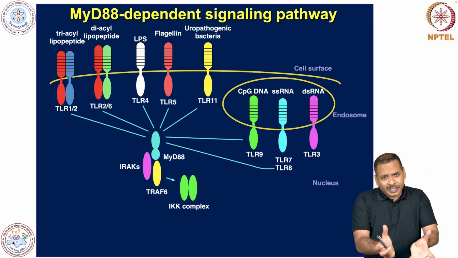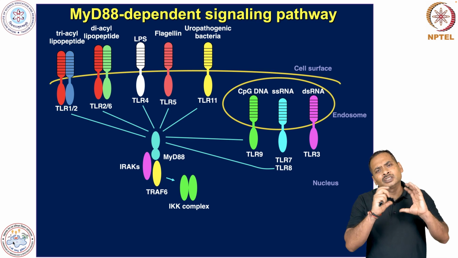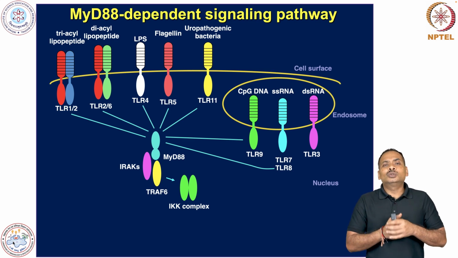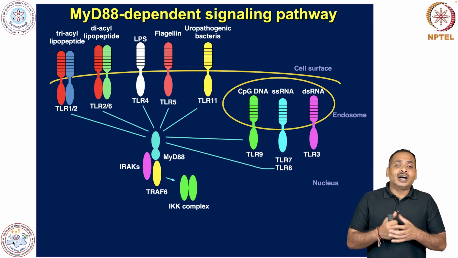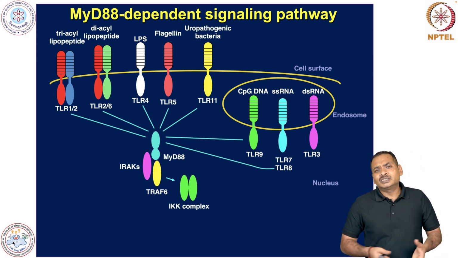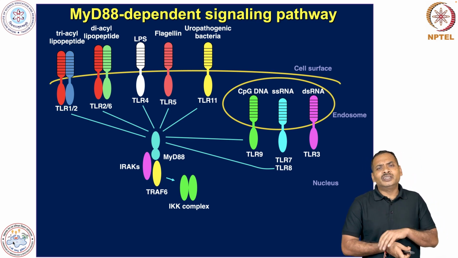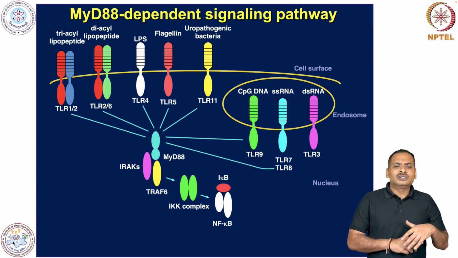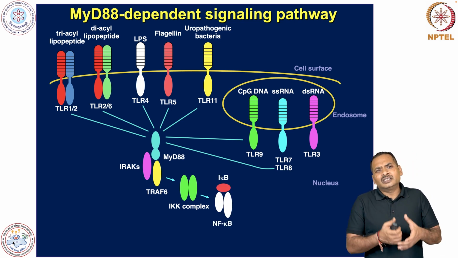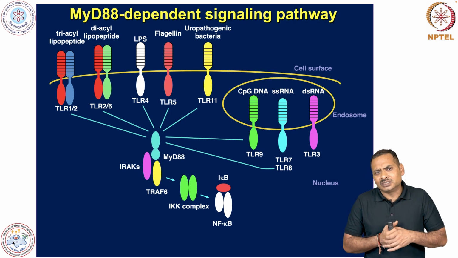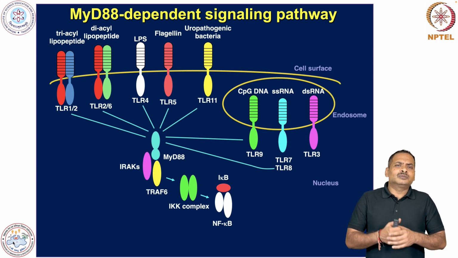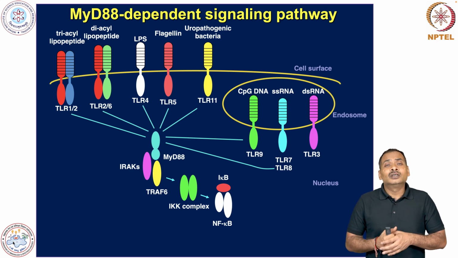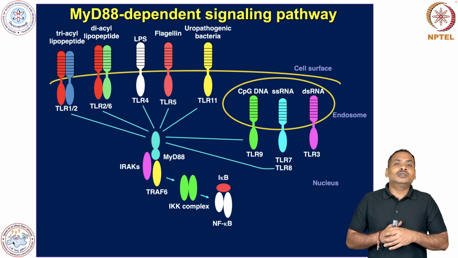The overall aim of this signalosome is to activate the IKK complex. Once this IKK complex gets activated, it will phosphorylate, that will activate the kinase activity. So this kinase basically activates I kappa B, and once I kappa B gets phosphorylated, then what is happening,